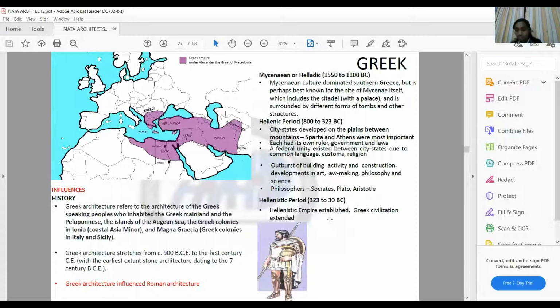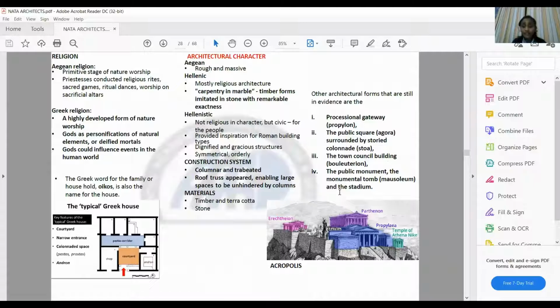classical architectural phase, that is nothing but Greek architecture, with their calculations, because there were many philosophers who existed during that period, namely Socrates, Plato, Aristotle, Pythagoras, and there was also an advent in art and architecture as well. So let us study in detail how Greek architecture evolved. Mainly it all started in the Aegean region, as well as along the Greek colonies, that is along Italy and Sicily.